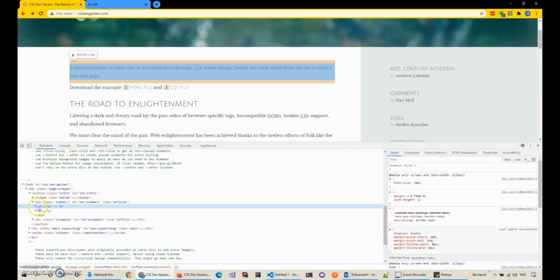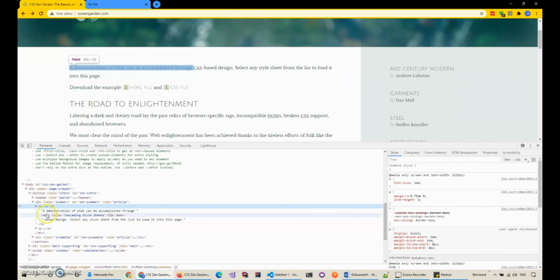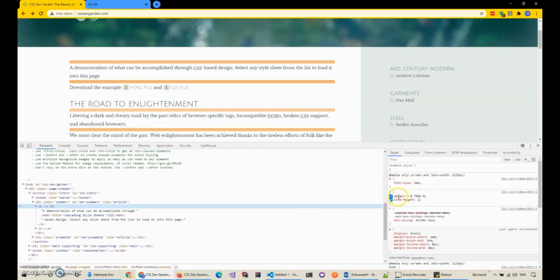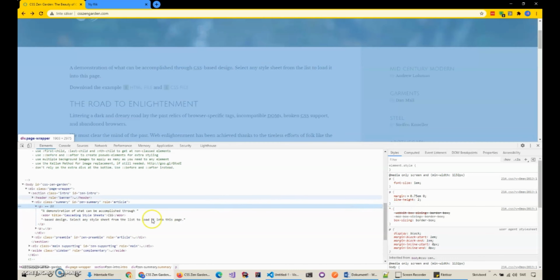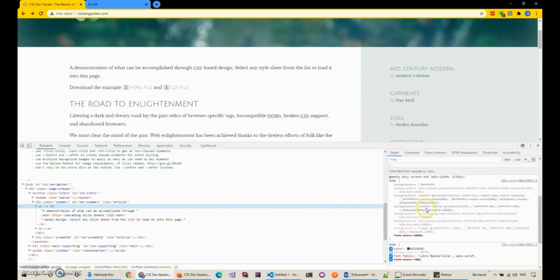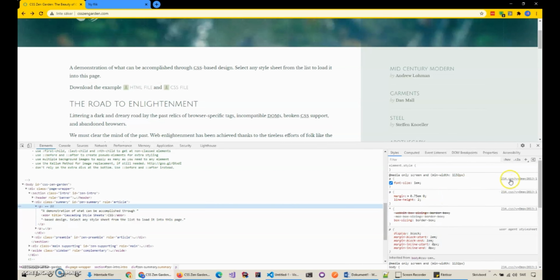This P stands for paragraph, so it's a paragraph element, and so we see here on the right side the different styles that it has. It has a given font size, it has margins, it has line height. So it shows everything. You can go to the actual file and see here.